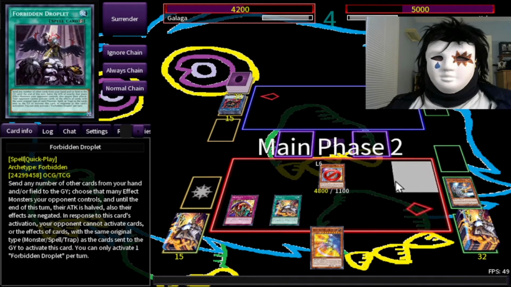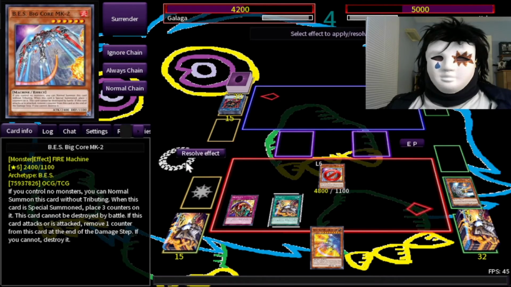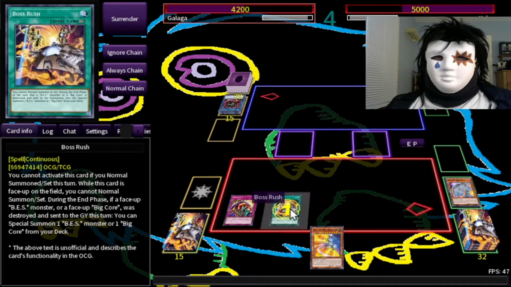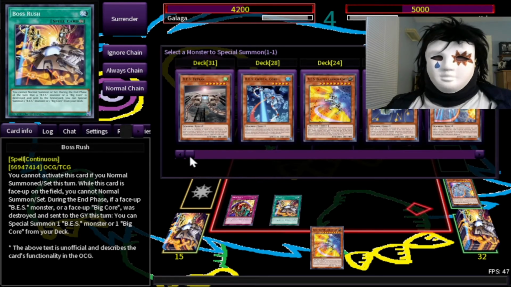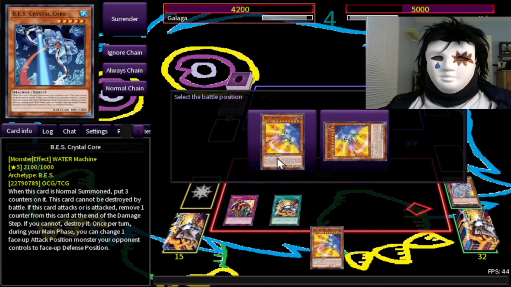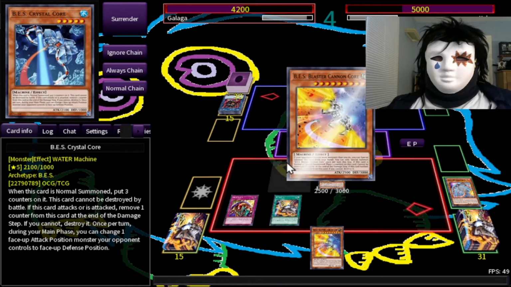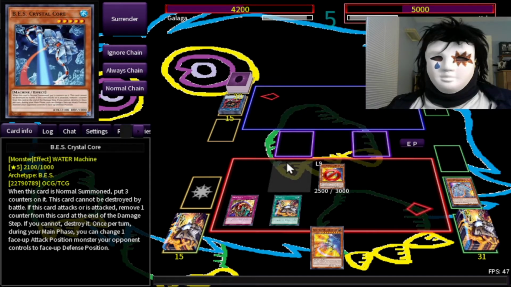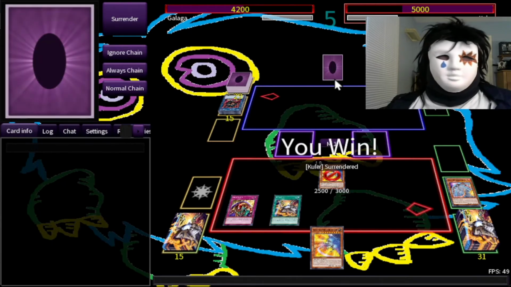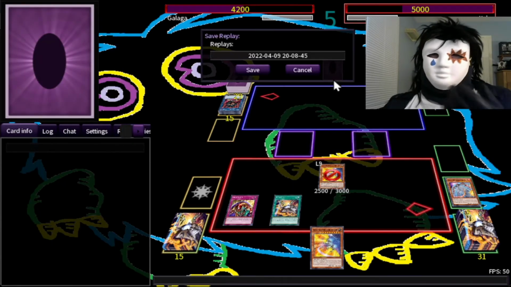So, we're going to go ahead and end our turn. We are going to resolve the effect of limiter removal, and then Boss Rush will summon 2 monsters. Or rather, it'll only set 1, but it doesn't matter. 1's better than none. So, we got ourselves a monster. My opponent is out of anything. He has nothing, and my opponent will surrender, so...